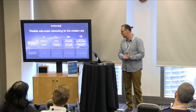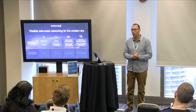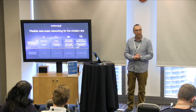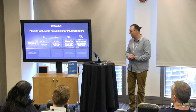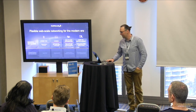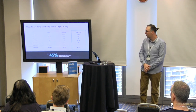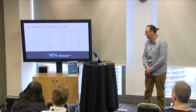And then there's a lot of technical advantages as well from this stuff. It's all open, this is all well-worn path, and so when it comes to trying to scale these things up and do automation, time to market, there's a lot of benefits we can talk about as well at the end of this. But just by way of giving a little bit of examples here from a CapEx standpoint,